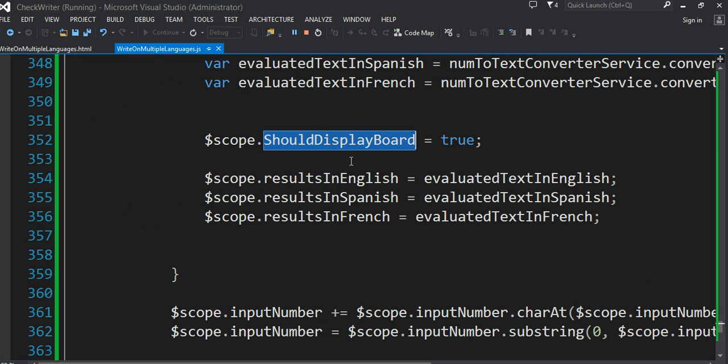This is very important. So I set the display board equal to true. I set this value equal to true, and which causes